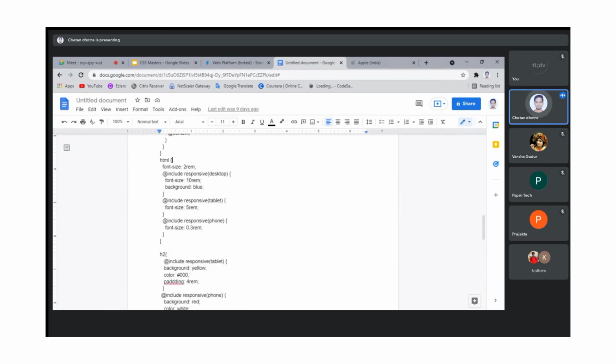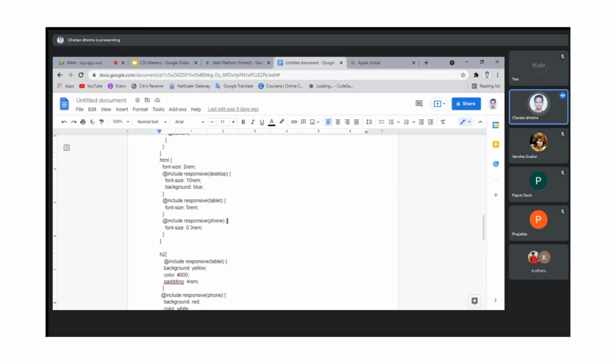As I showed in the slides, the last one in the source order will get rendered at the last stage, whatever it is. So let's think about that. You have used the font size, or maybe padding, or maybe width. Let's say you have put the width for 600 pixels as 200 pixels, for the desktop it is going to be 800, and for the tablet it's going to be 600 pixels. You can see that I have put desktop first, then tablet, and then phone.